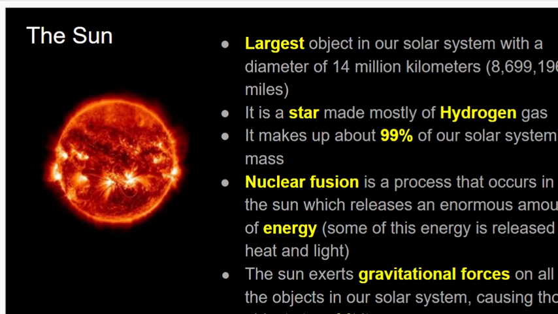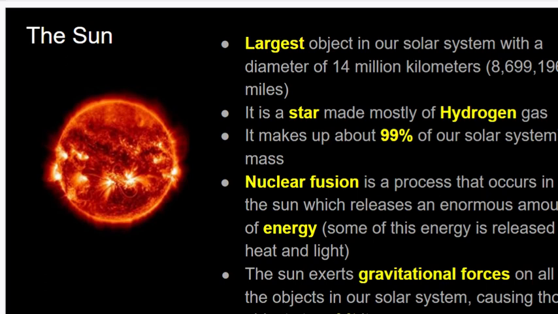Nuclear fusion is a process where hydrogen atoms will basically run into each other at super fast speeds, and they will fuse into an atom called helium. When this process occurs, there's a great energy release in the form of heat and light. So we can thank the process of nuclear fusion for all the energy we have on Earth and the life